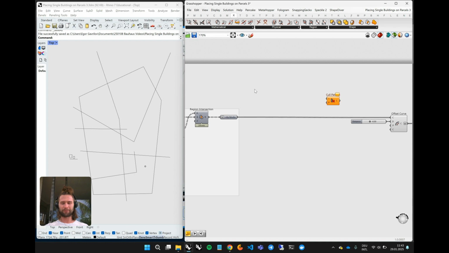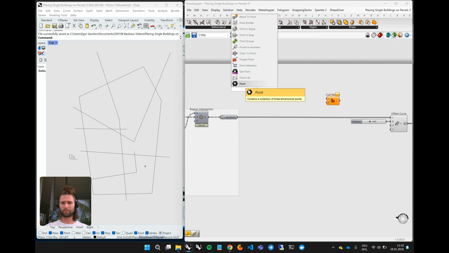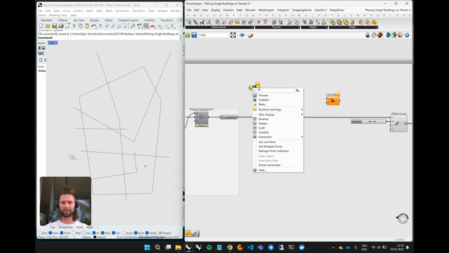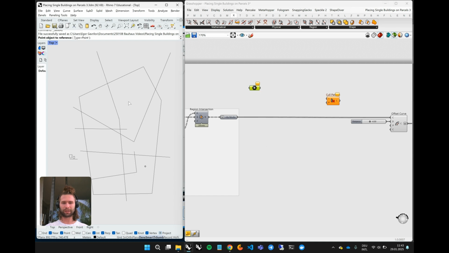So I could either use the point input, which is the simple point data container component, and here I can select set one point and either select some point from Rhino or change the type of this point from point to coordinate, and in this way, you can now place any point right from your Grasshopper, and then if you deselect and select the component again, you can actually move it